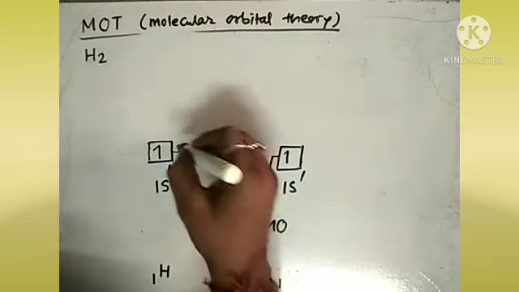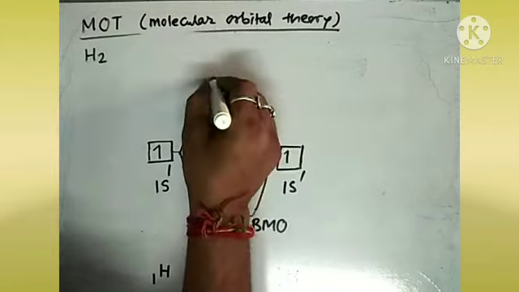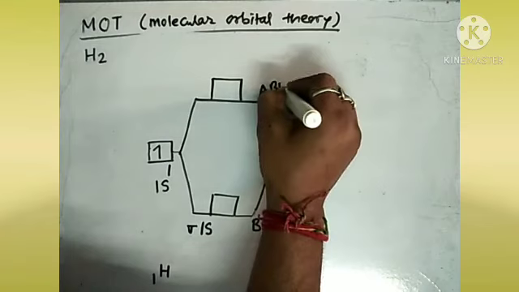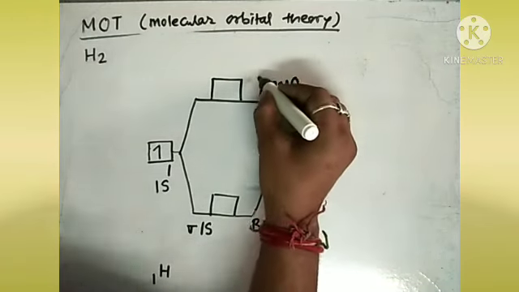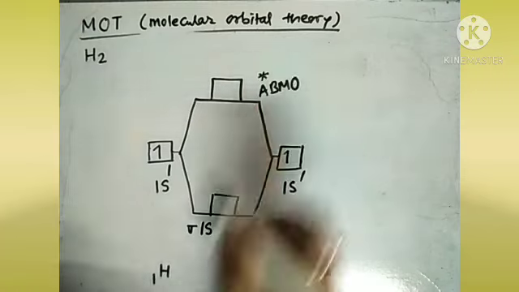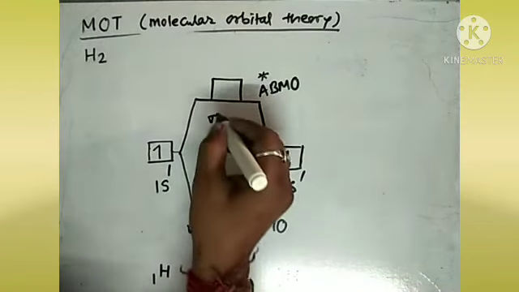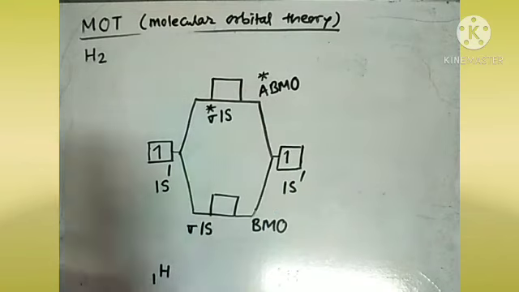Then at the upper energy level we get the anti-bonding molecular orbital, which can be represented by the star sign here, and we can name this molecular orbital sigma star 1s. Alright,